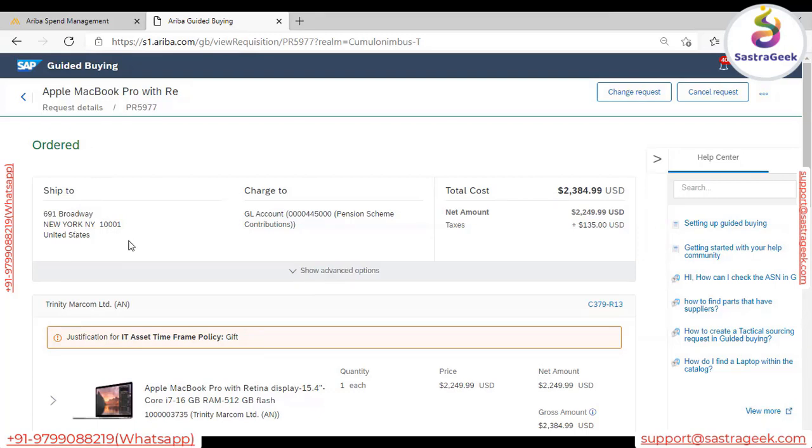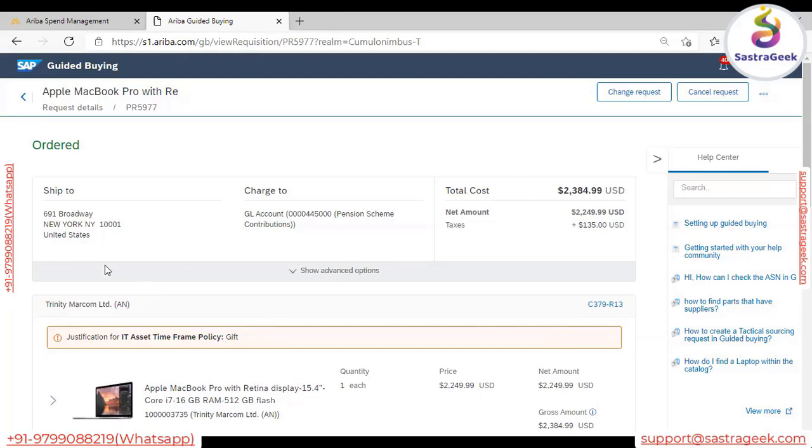Rohit, yesterday it showed awaiting approval, right? Basically, I was using a different ID, so in this ID we do not have any approval. Okay. So when it's awaiting approval, you have to log into the approver's account and approve it, right? Yes. Basically, the respective approver will receive the notification to approve it, so they have to log in and approve. All right.